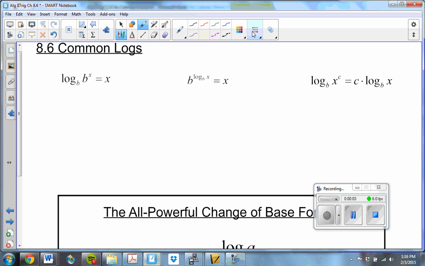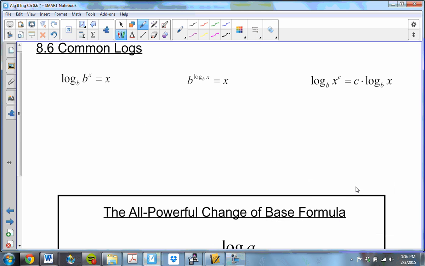Okay, children, big day today. We're doing 8.6, which is common logs. We're going to take a lot of log ideas and tie them all together. I'm going to start by taking these three properties that we've discussed and just kind of showing you an argument